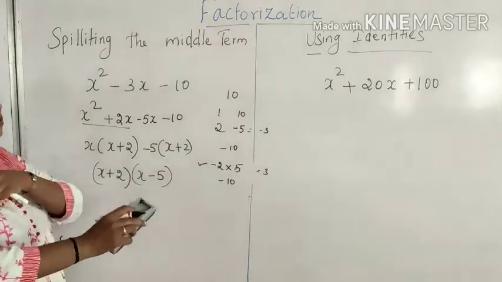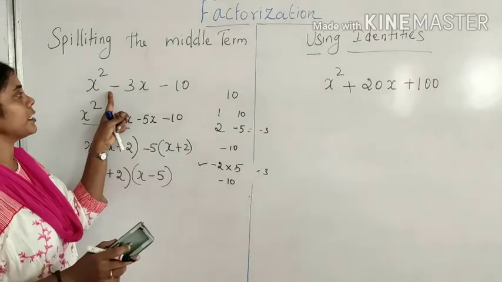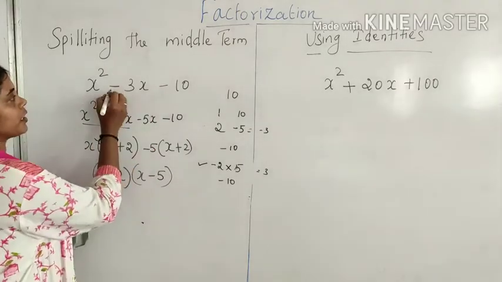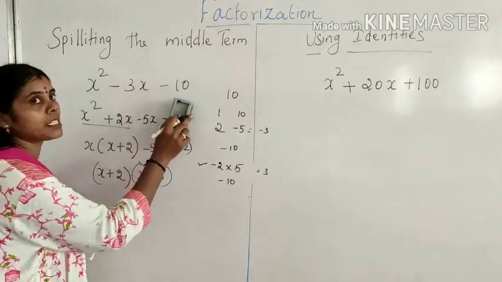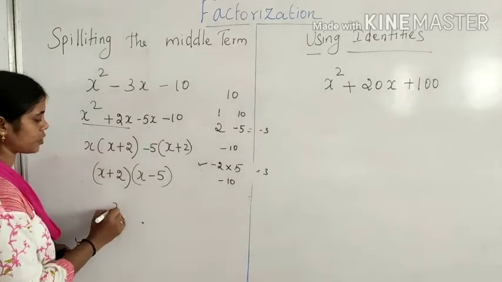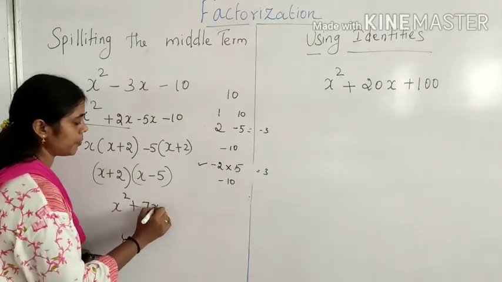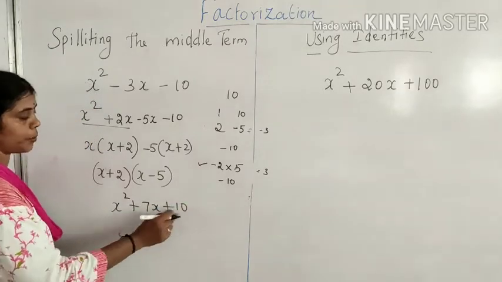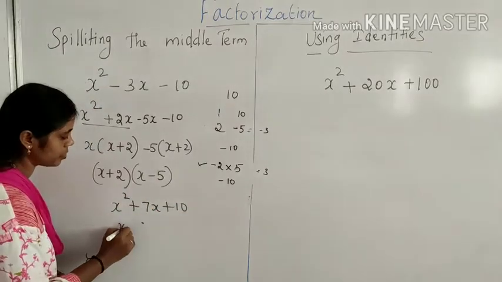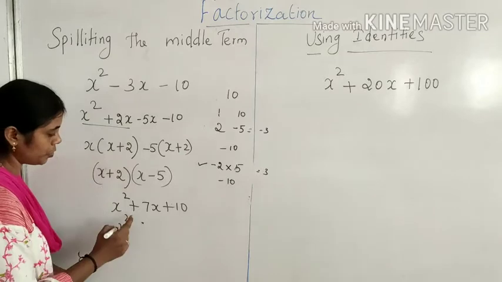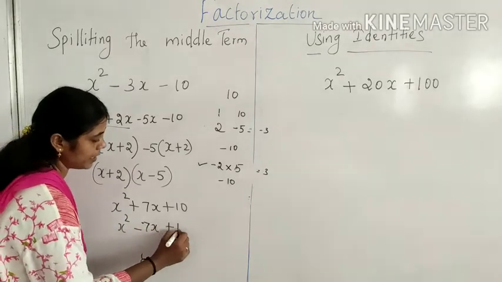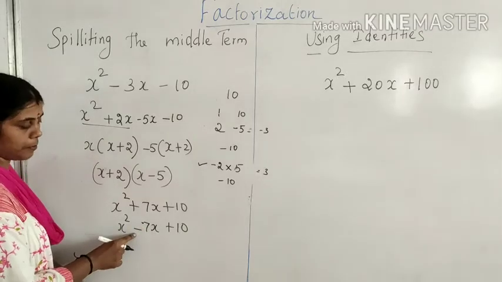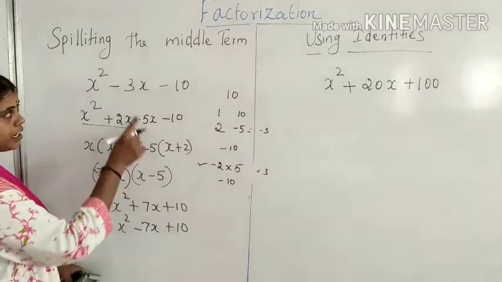Right? Now one more sum. We have seen 3 different ways. First, we have seen all the symbols are plus, that is x squared plus 7x plus 10. Here all are plus. Secondly, I taught you x squared minus 7x plus 10, that is the middle term is minus and the last term is plus. Now I thought